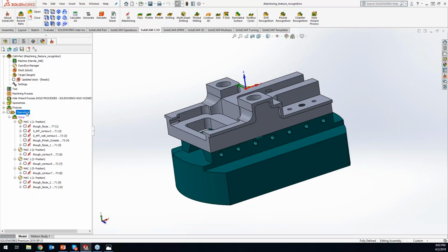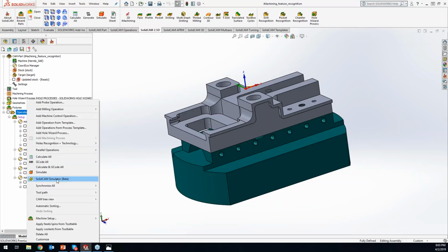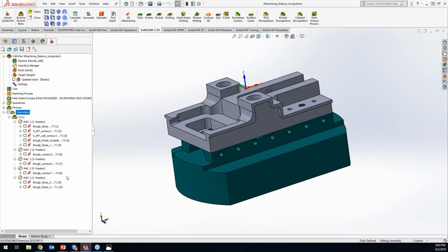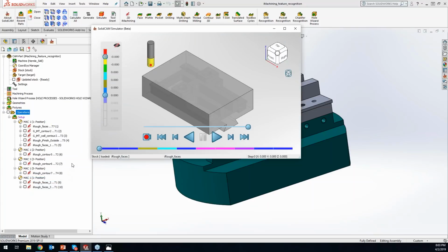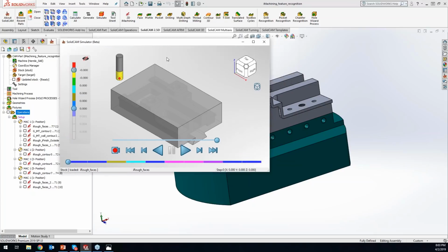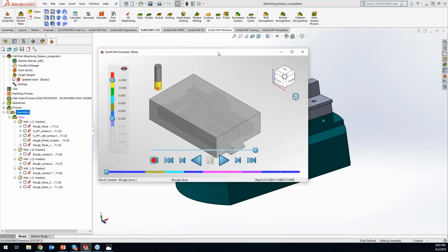Let's show you from the start. We'll just right-click in your SolidCAM simulator here, and I'm going to go through everything inside for you guys. One of my favorite things is that it's in a separate window. A lot of us are running multiple monitors,